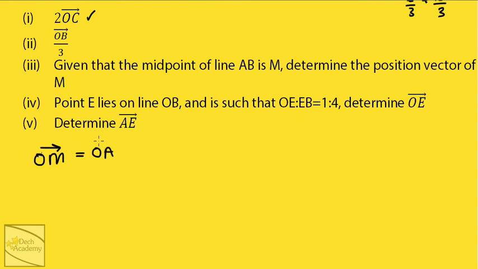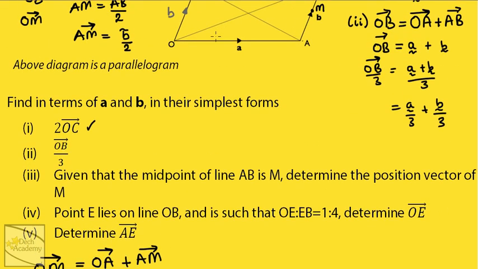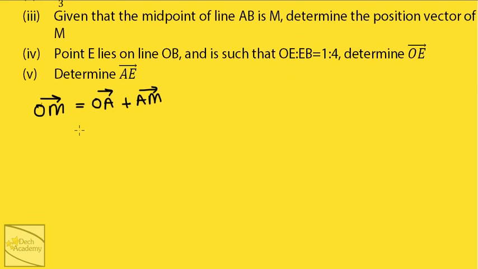The vector OA plus the vector AM. The vector OA is A. The vector AM is what we just worked out, B over 2. So I'm replacing OA with A, and I'm replacing AM with B over 2. So the position vector of point M is simply this expression here, which if you want you can write as